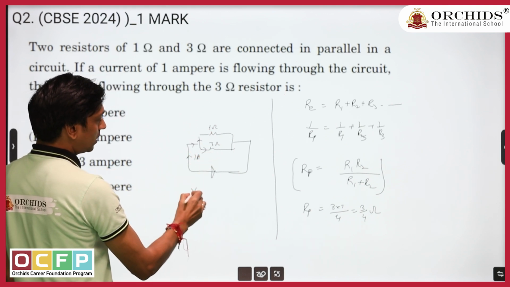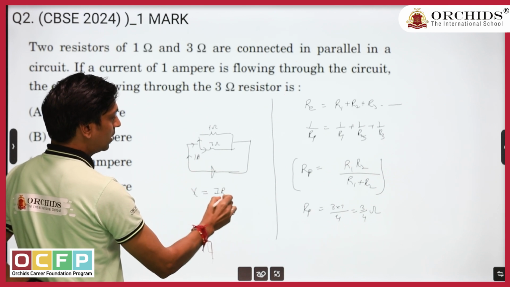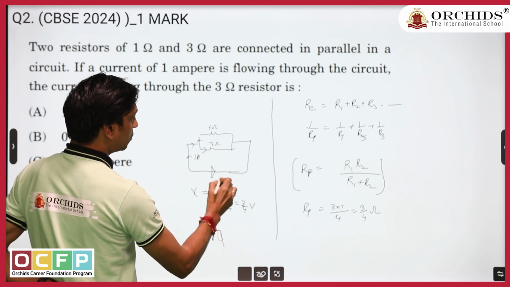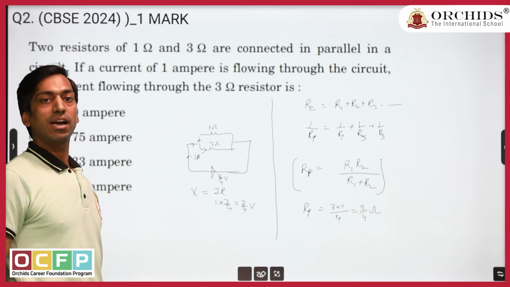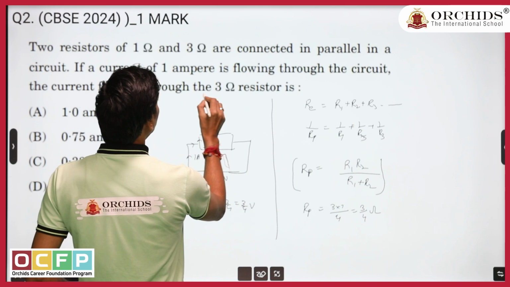So what is the potential? V is equal to I into R. What is the current? I is 1, and resistance is 3 by 4. That means the voltage we have applied here is 3 by 4 volt, and we know in parallel the voltage will remain the same. So now in the question they are asking